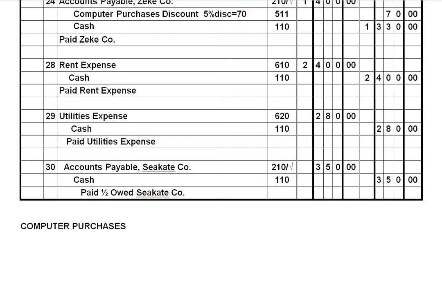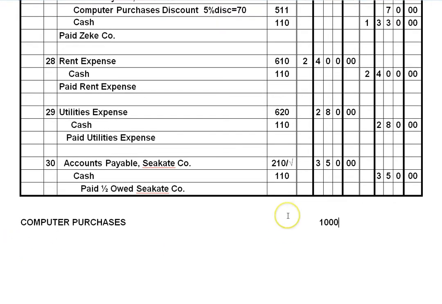All right, and then you'd find your money column if you made a computer purchase, whatever date it is. If it was a $1,000 purchase, you would debit the $1,000, and if you were buying it on account, you'd come back here and you'd credit accounts payable, and you'd have to name